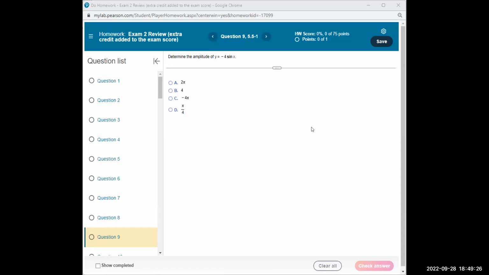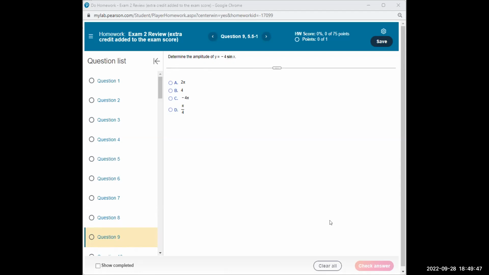I'm going to skip the first 8 questions because it's a lot of reading, and I'm just going to let you figure those out on your own. Those are concept questions. Starting with question 9, we are asked to find the amplitude of this function y equals